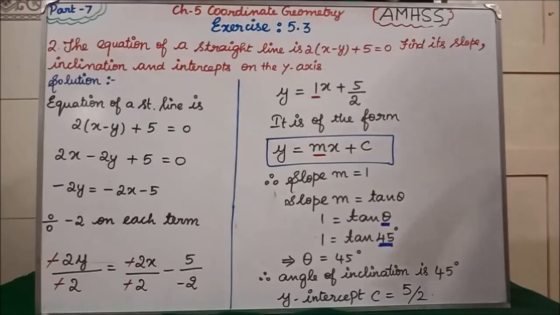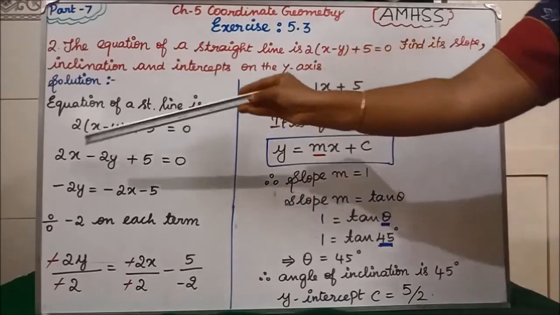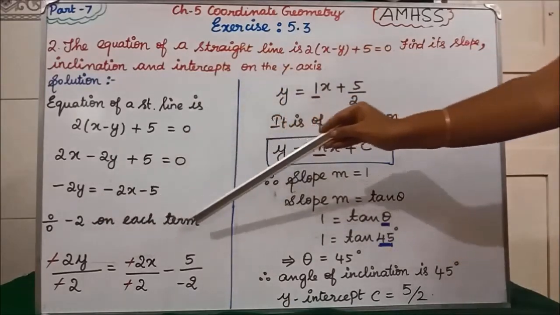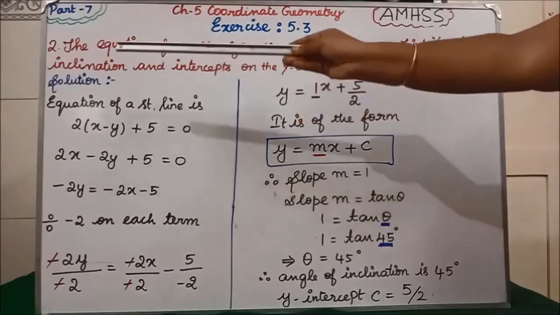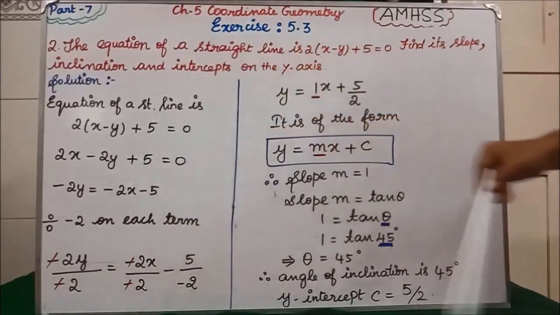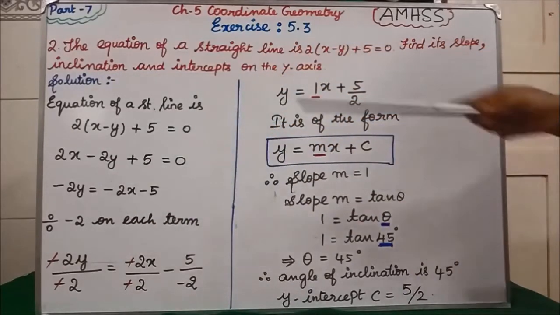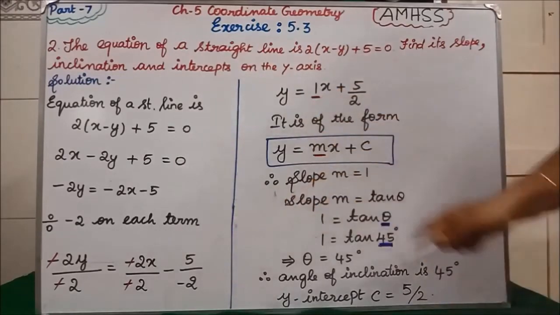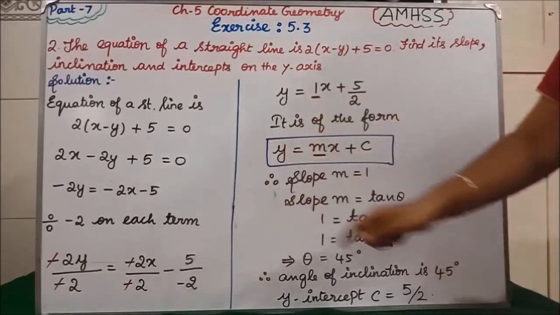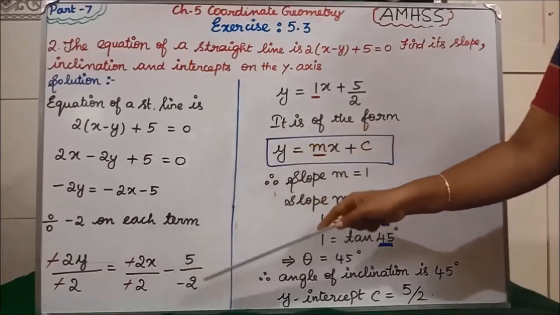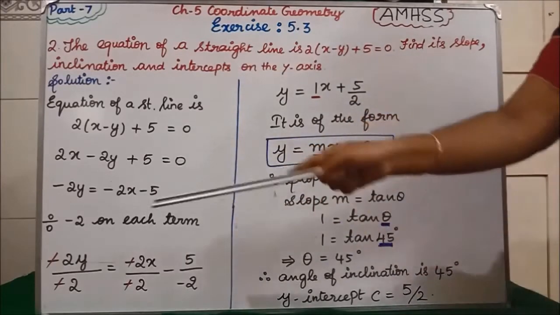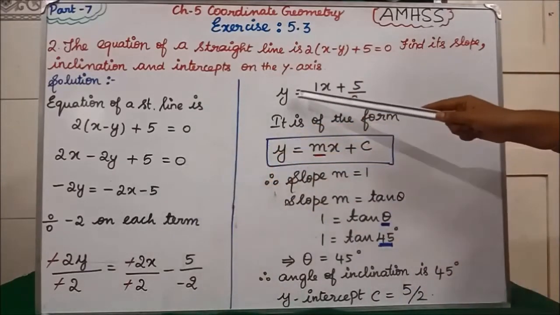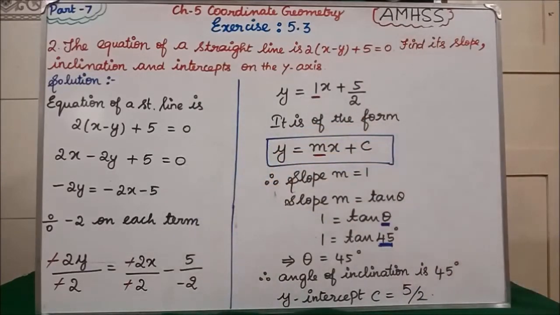Next, only in the left-hand side we are having y. So whatever number comes before y, you divide each term with that number. Clear? Since here we have minus 2, you divide each term by minus 2. The next step: minus 2y divided by minus 2 equal to minus 2x divided by minus 2 minus 5 divided by minus 2. Clear? So minus minus will get cancelled. Similarly, 2 will get cancelled. Remaining, we will get y only. Clear?